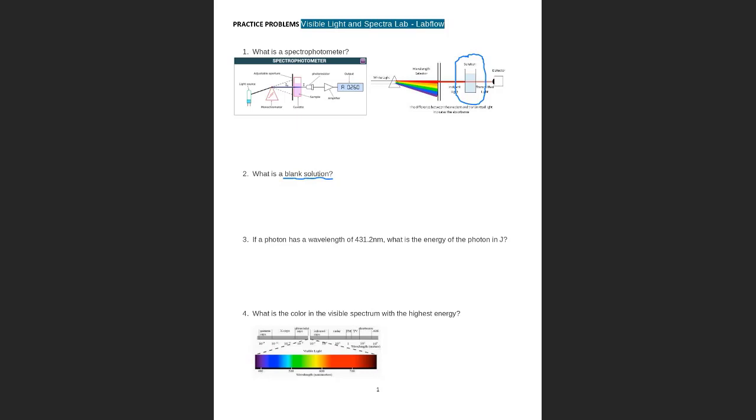We use the measurements of the blank as a reference of absorbance 0, and then everything will be related to the blank. So we calibrate, and the blank will be our absorbance 0. And the absorbance is the measurement of